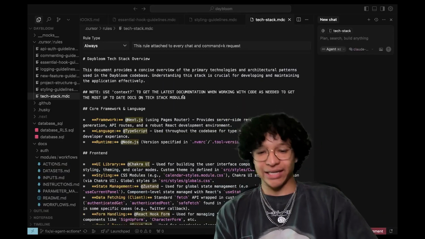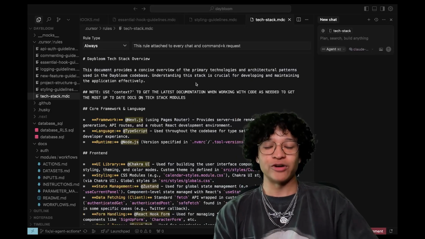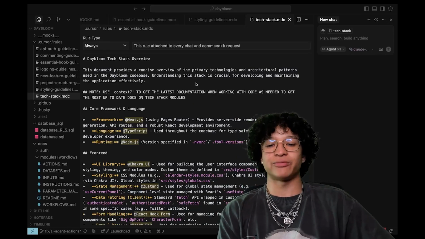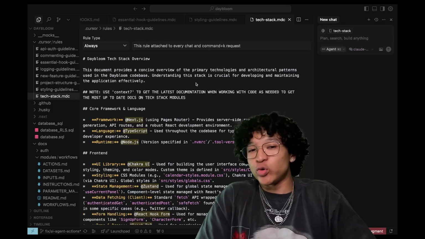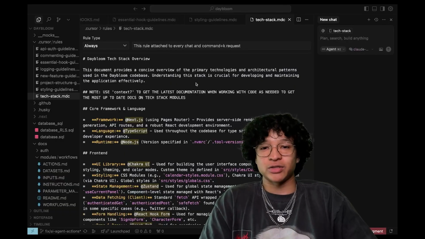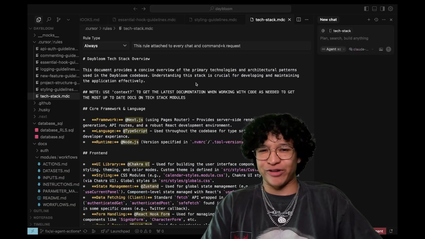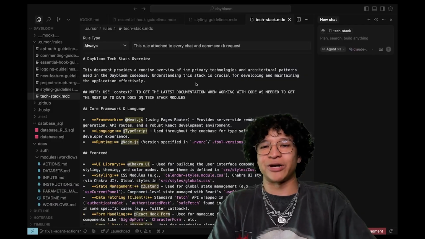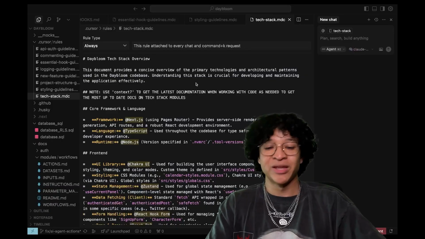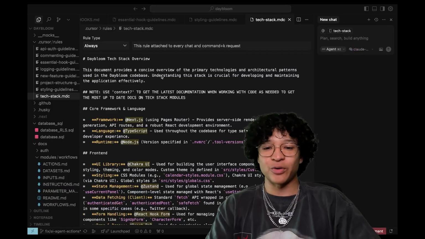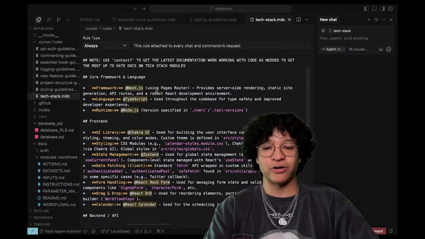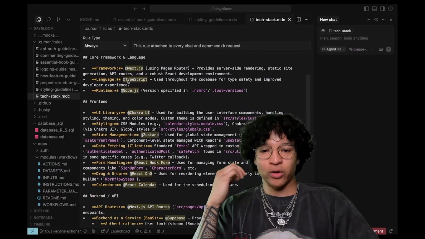The tech stack is an overview of all of the different frameworks and libraries that you're working with. If you do not tell the AI agents what frameworks you're working with, it's going to make you install random frameworks, even though you might already have a library you're working with that solves a problem. Again, context is everything. So in the tech stack cursor rule file, I explain that we are working with Next.js